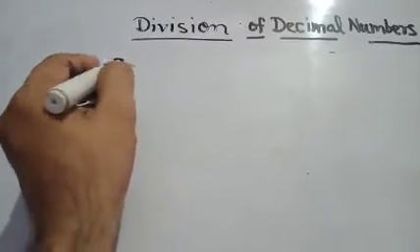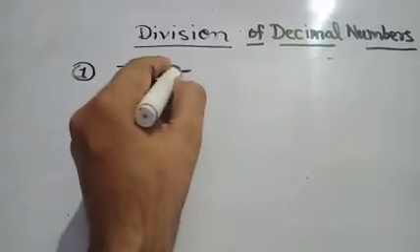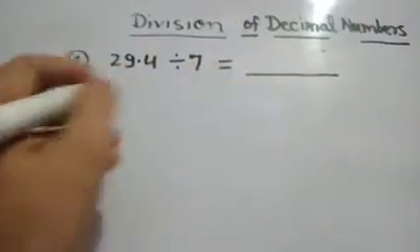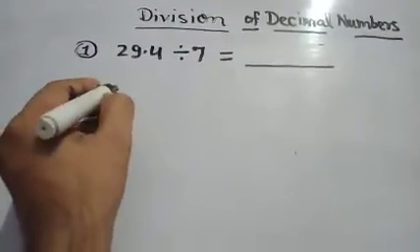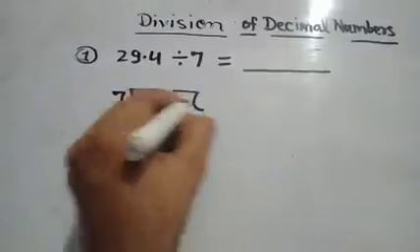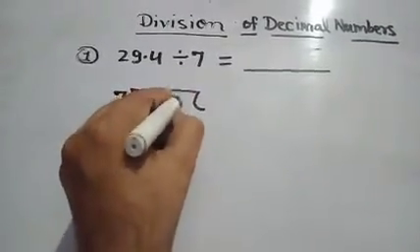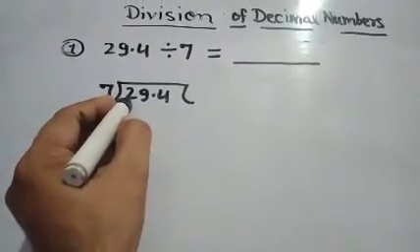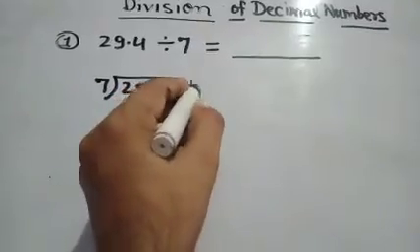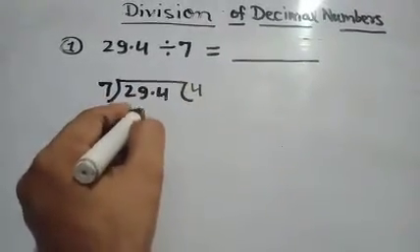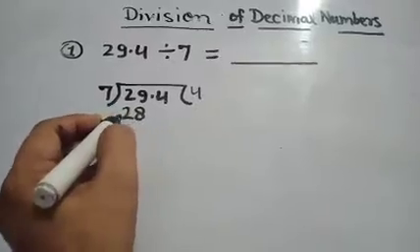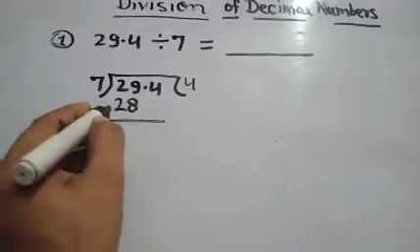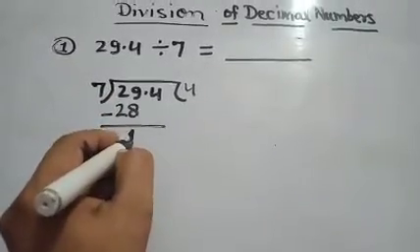Twenty-nine point four is divided by 7. What will be the question? This is a simple method. 7 is the divisor and 29.4 is the dividend. Now read the table of 7. Then 7 4s are 28. 28 is the previous number of 29 in the multiplication of 7. Now subtract 28 from 29, you will get 1.